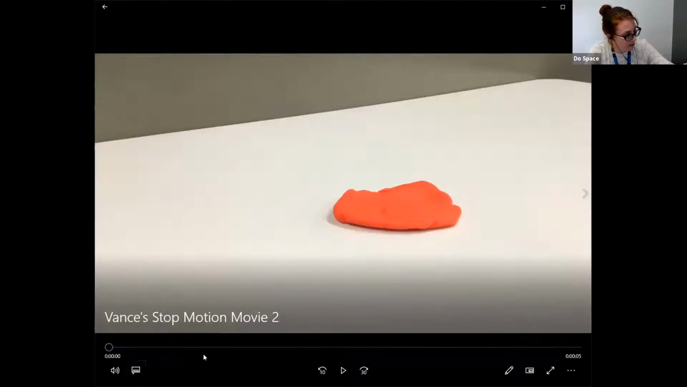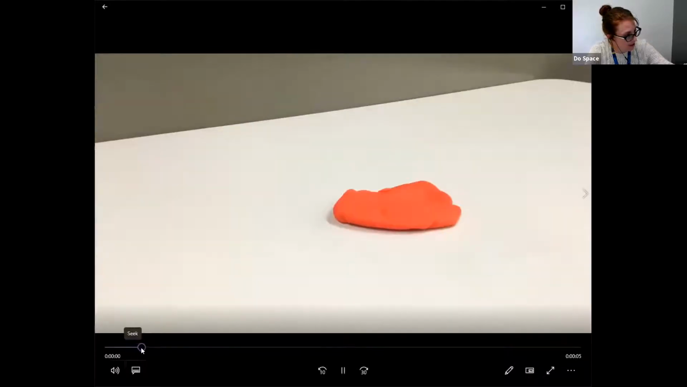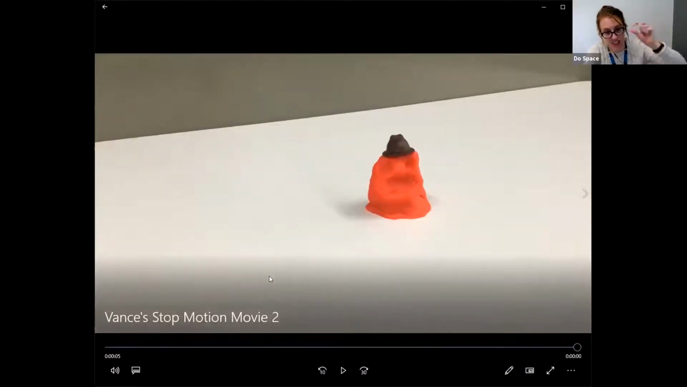And basically you can even see frame by frame. Maybe if you can see how he manipulated the Play-Doh in each individual frame. So you could do that with Play-Doh, you could do that with toys, a lot of different things. So I'm going to show you how you can do things with some toys and some